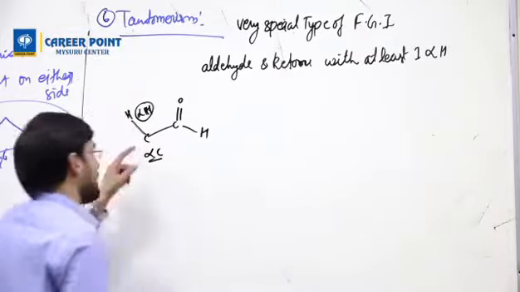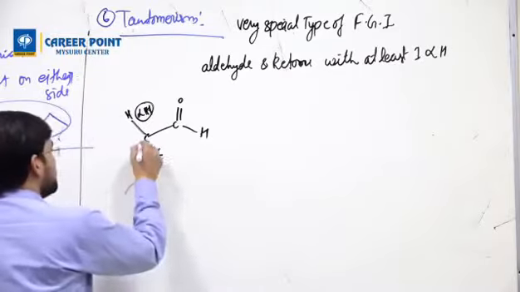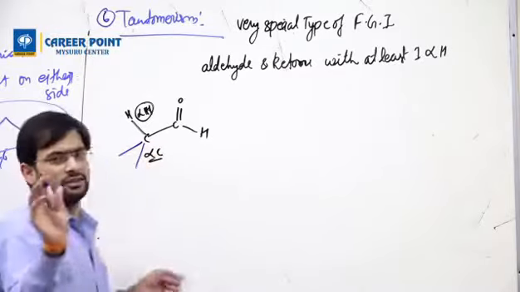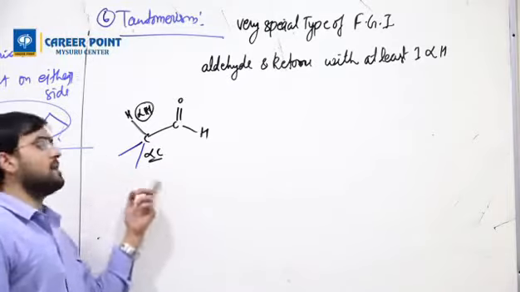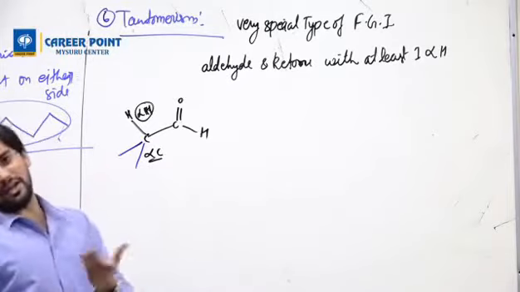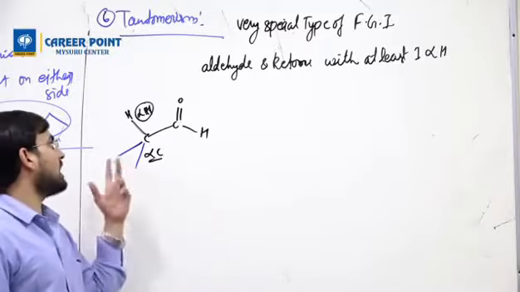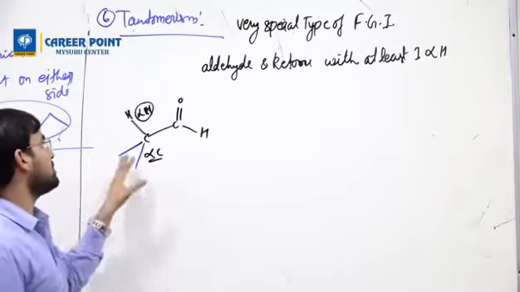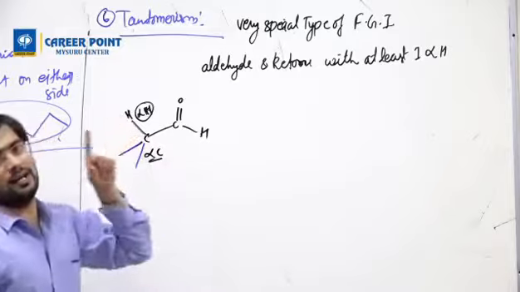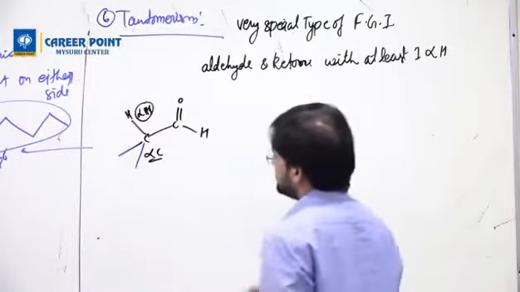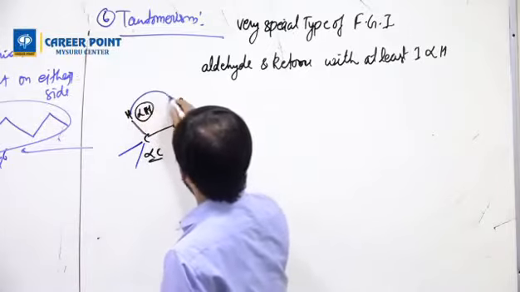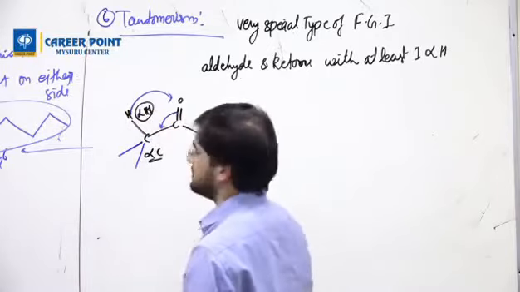What is the carbon valency for? With these valencies you can keep anything: hydrogen, hydrogen, or carbon, carbon. You can keep any combination, both hydrogen, both carbon, one hydrogen and one carbon. But one valency must be hydrogen to do tautomerism.